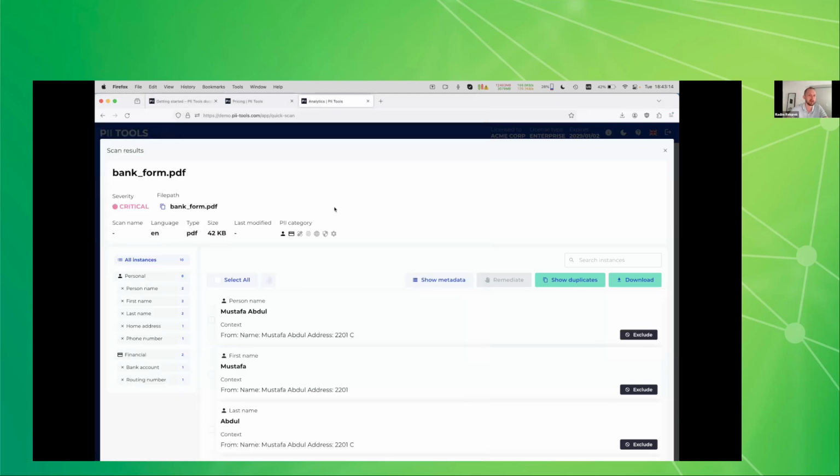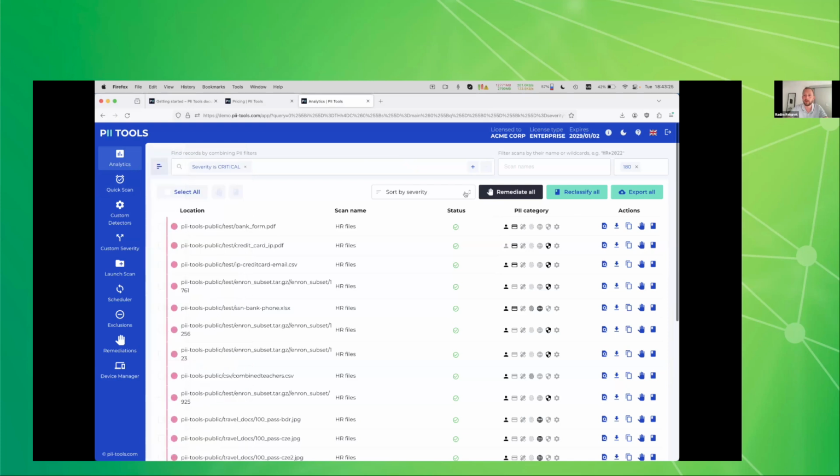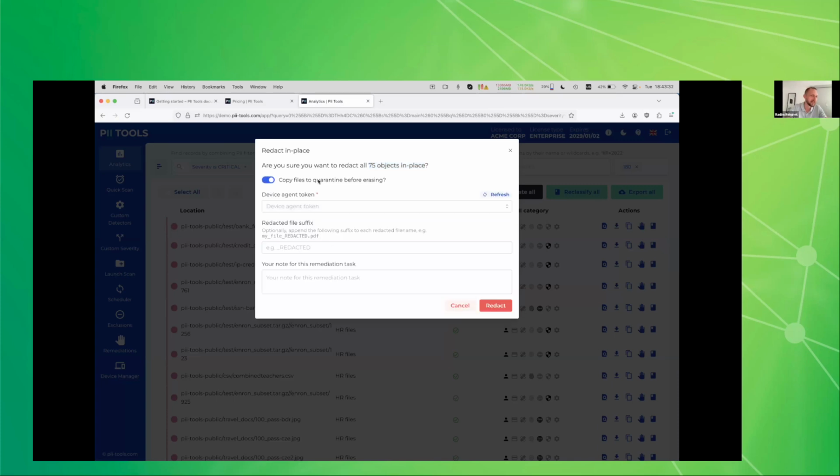So if I go back to setting up a filter with the critical items, very easy to do. Yeah, that's the 75 that we already saw. And you can say all these 75 objects, go and redact them. Again, with a quarantine as an additional toggle. So keep the original somewhere safe, somewhere else, in case you need them, if you want, and then redact